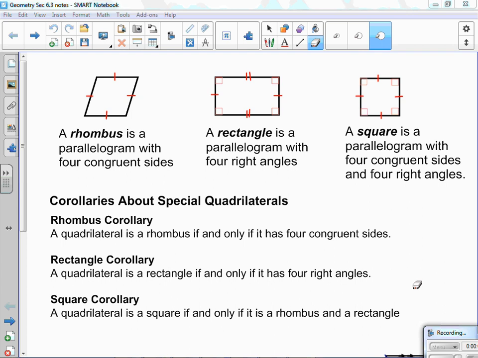All right, so we're going to go 6-3 and 6-5 today. They're kind of related fairly closely, so put them all together. All right, so